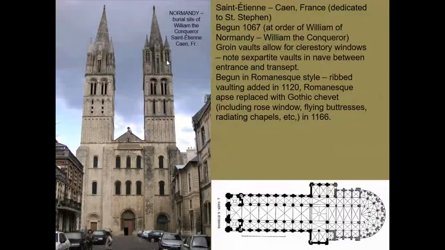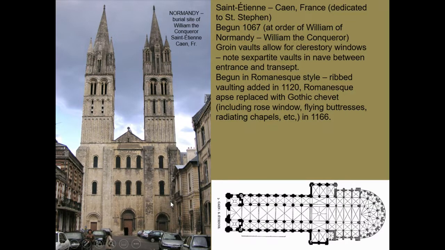This is Saint-Etienne in France. It is a church that's dedicated to Saint Stephen, and this area is the northern coastal area of France, the heart of Normandy, and so in fact, this is where William the Conqueror is going to be interred. So we can see the Norman style that's going to make its way into England is pretty